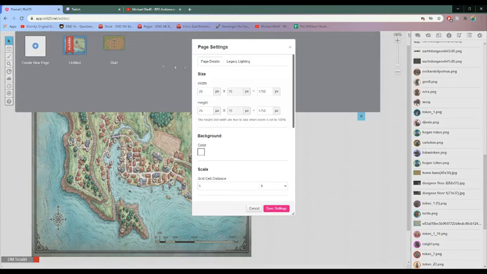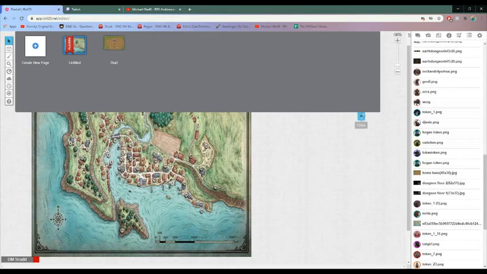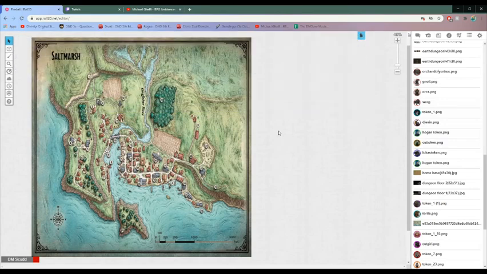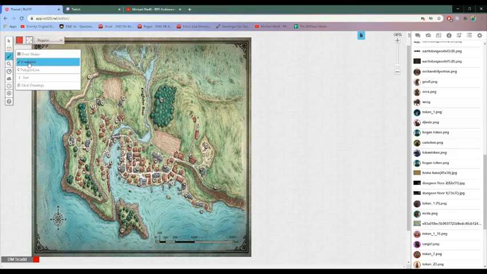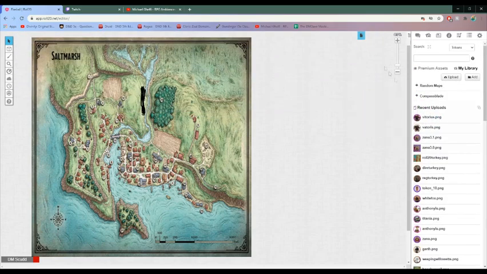And same thing, your fog of war is not enabled. Remember that, anytime you make a new one, it's not enabled. Always enable it. It really doesn't matter for a map like this, since you're not hiding anything. If you wanted to hide something, we'd use the freehand tool. For example, you don't know the name of this river yet, so we blank that out. But yeah, that's pretty much it for setting up your map. It's very easy. There can be a lot to it, but